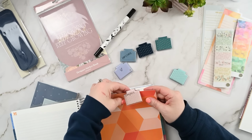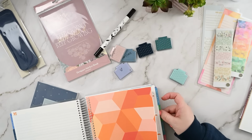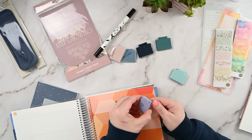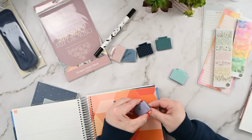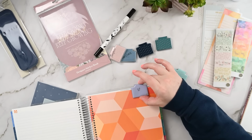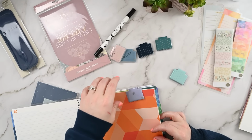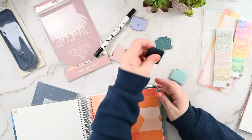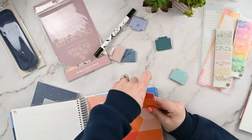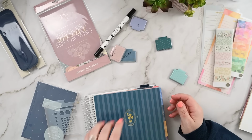They're so strong. Look at this. This is holding, okay, let's see. Let's try 2 months worth of Life Planner pages. It says up to 20 pages, and some of these are the thick pages. So if it doesn't hold, that's because I grabbed too many, but it still holds. It slides. It's probably not holding at its most stable, but it still will hold those together and hold your place. But a whole month's worth of planner pages, and it can act as a tab at the top,